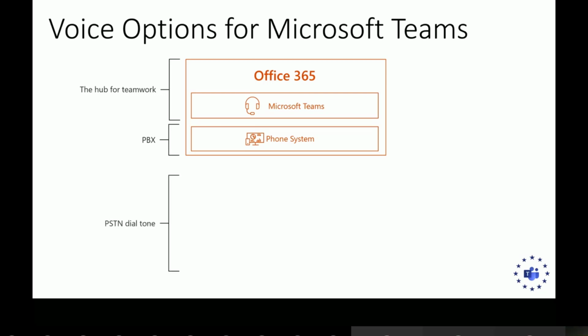There are two options to get PSTN dial tone or telephony into Teams. The first is Microsoft calling plans, and that's what was launched first. Microsoft had some grandiose plans to become a global telco. They realized just how difficult it is to become a global telco. I heard a joke once that it would be easier to become an international arms dealer than to become a global telco. So consequently, calling plans are only available as of now in 11 countries, either from Microsoft directly or through third-party service providers.